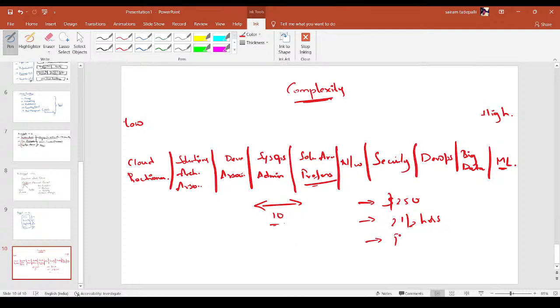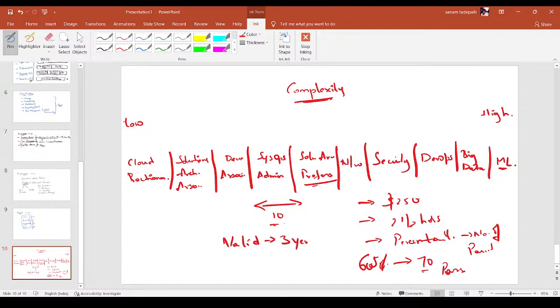So percentile calculation will be based on number of students participation, number of participants. So mostly you need to get from 65 percentile to 70 to pass. That is the pass thing. And one more thing here is every certificate is valid for 3 years. Every certificate will be valid for 3 years. Okay, and this is all about this one, that is AWS.